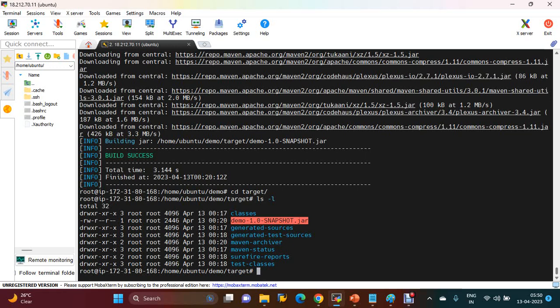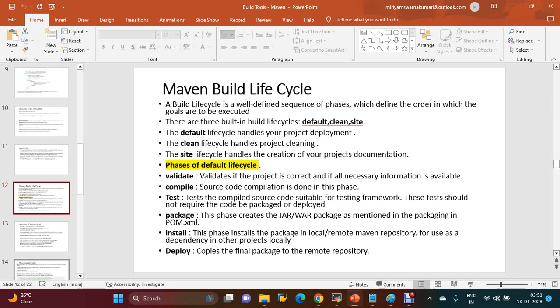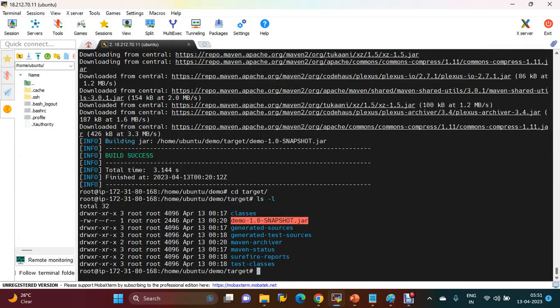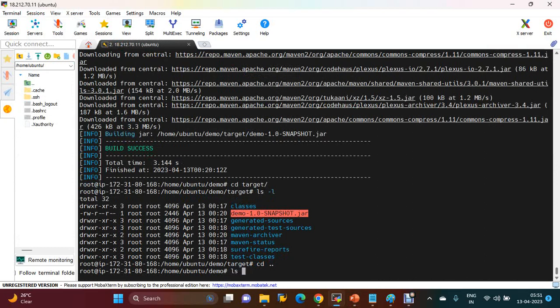Okay. Now, if this war file is generated, and this jar file should be used in some other project inside your application, so we have to keep this jar file in some shared repository. It means a shared location, for that we will use mvn install. It will copy this into the local repository, it means inside .m2. Okay. Now if you do mvn install,